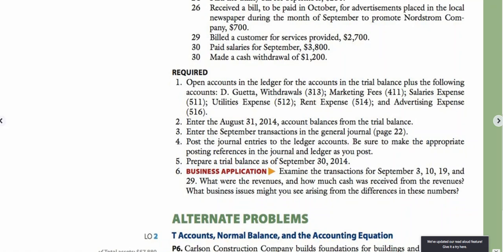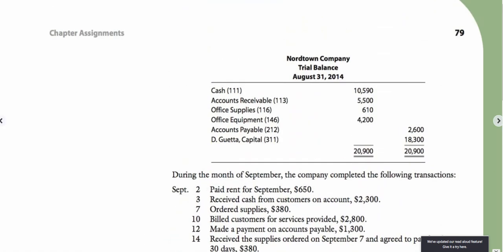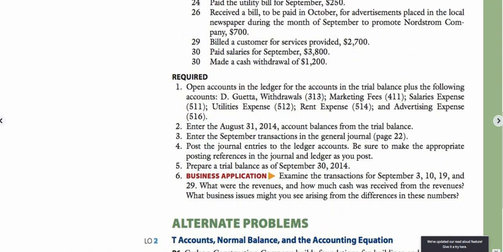You need to open accounts in the ledger for the accounts in the trial balance. So in other words, create a ledger based on the accounts in the trial balance. That's why they gave you these names. And in addition to that, they want you to create the following